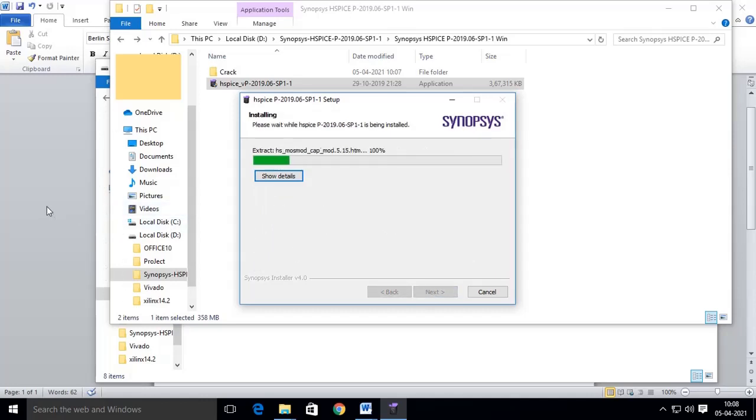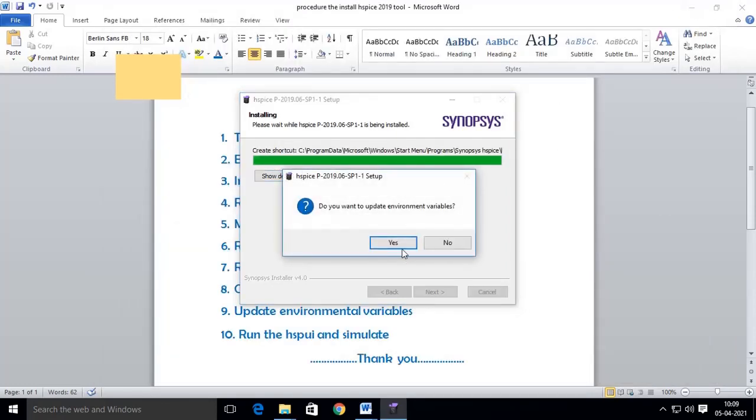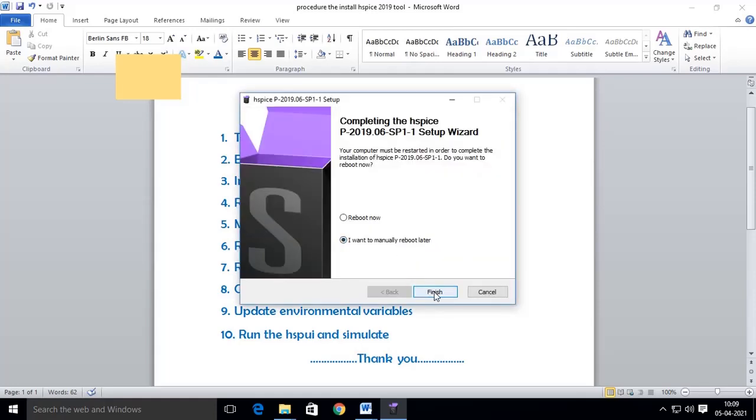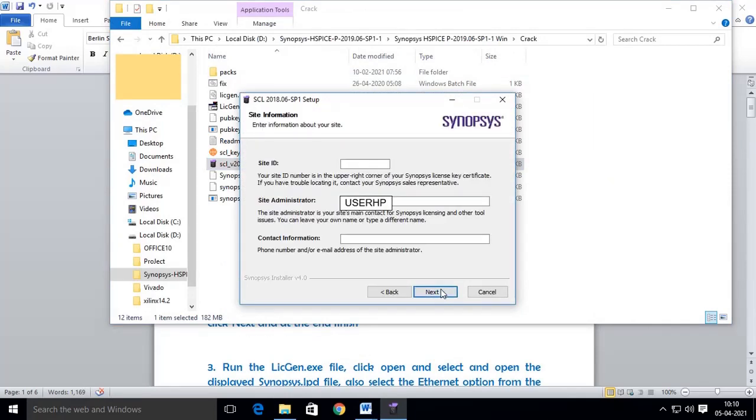Wait until the installation process is completed. Click on yes. I want to manually reboot later. Finish. Now also install the SCL 2018 version.